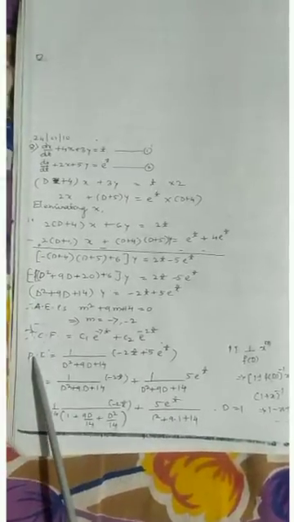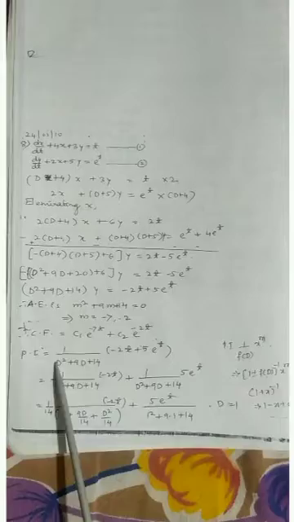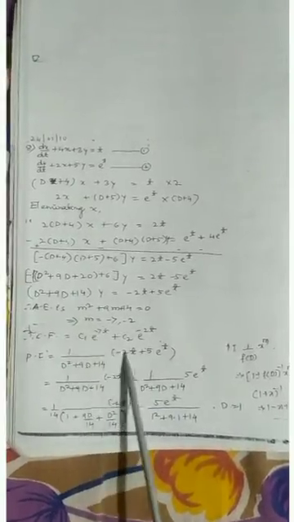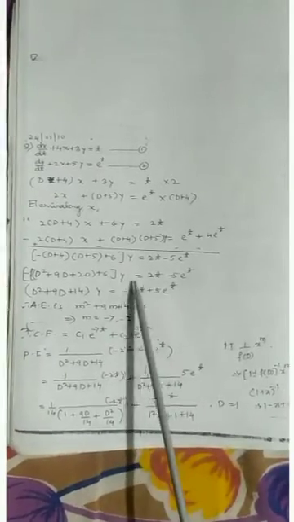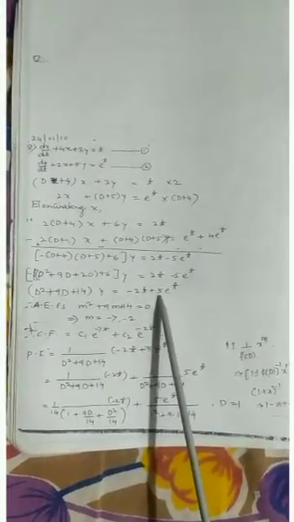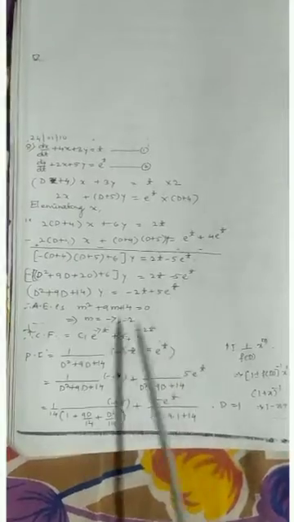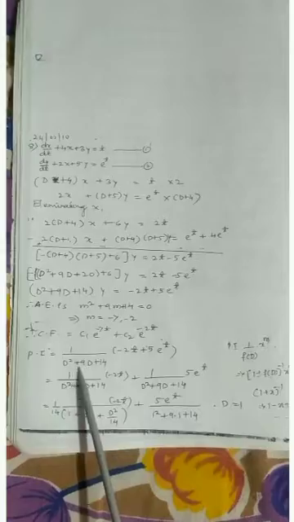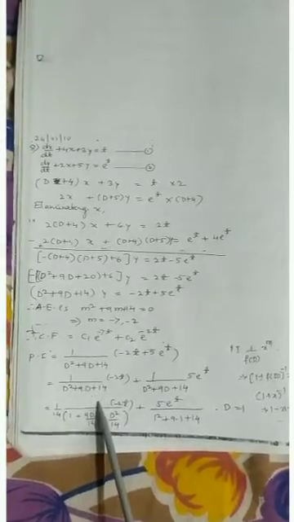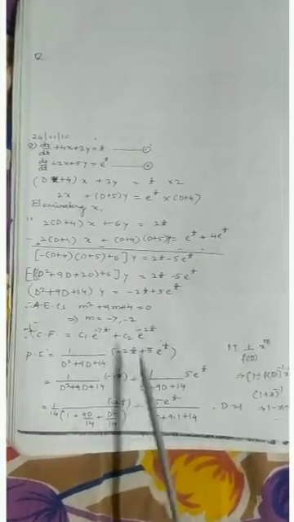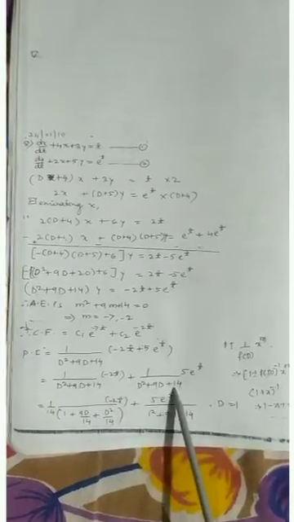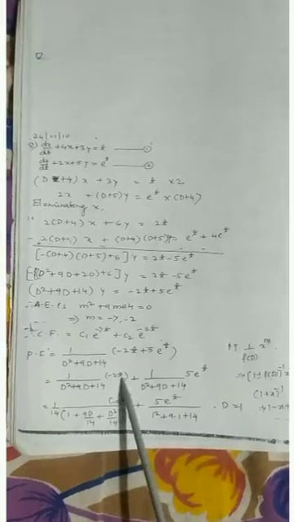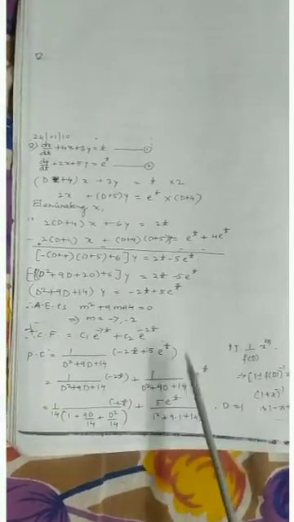Then what is the particular integral? We know that the particular integral is 1 divided by f of D, that is the auxiliary equation, then into the RHS part. What is the RHS part? That is minus 2t plus 5 e to the power t. Now apply f of D to each term to get 1 divided by D squared plus 9D plus 14 into minus 2t plus 1 divided by D squared plus 9D plus 14 into 5 e to the power t. See here, the first part is t and then the variable is e to the power t.